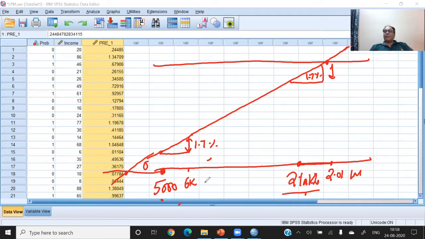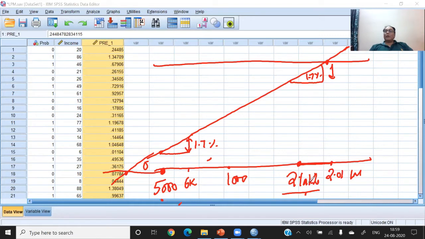Many statisticians say that this model is not an applicable model, because the probability of two persons cannot be same. The probability of 1,000 people cannot be same of taking the housing loan. The person who is having very less salary cannot think about taking the housing loan even if the salary increases by 2,000, 3,000, 4,000. And somebody who is having the salary of 1 lakh, the probability is different. The person who is having the salary of 2 lakhs, the probability is different. So we should find out the actual probability, not this linear probability.